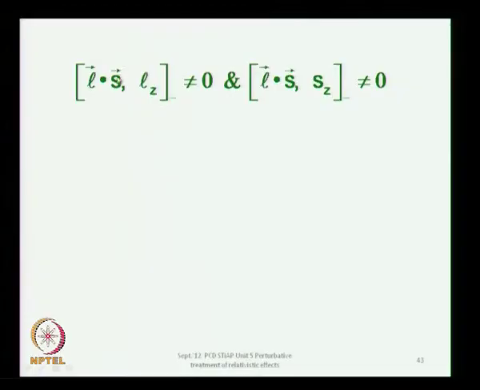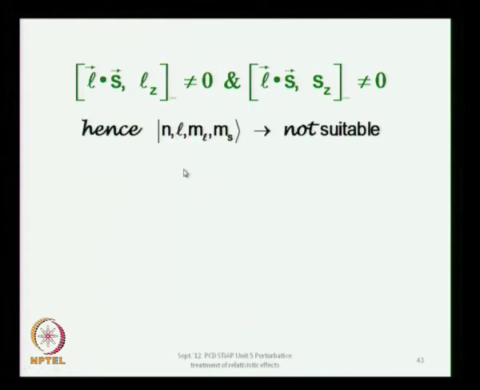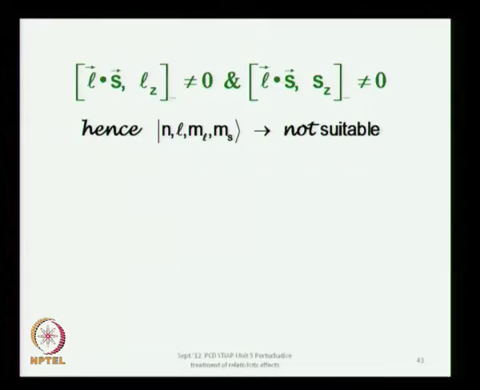So, the consequence is that the L dot S, this is the perturbation term, does not commute with Lz, it does not commute with Sz either, which means that Ml and Ms will not be good quantum numbers, because the perturbation term does not commute with Lz. Lz is the operator which gives you the eigenvalue Ml, Sz is the operator which gives you the eigenvalue Ms, and since Ml and Ms come from the eigenvalues of Lz and Sz which do not commute with L dot